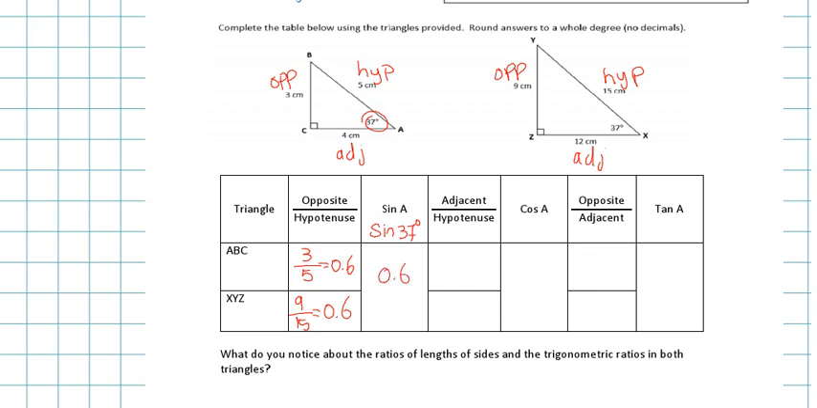Now, what I want you to do is complete this table. For the next one, you're going to find the adjacent and the hypotenuse for both triangles, the ratio of them. You're going to find cos A. Then for the next, you're going to do opposite over adjacent, and then you're going to find tan